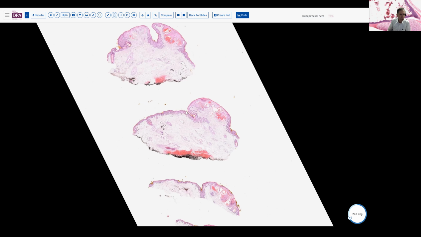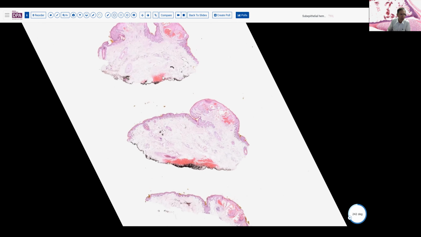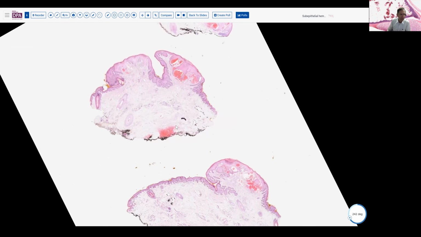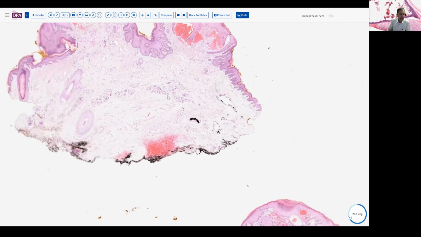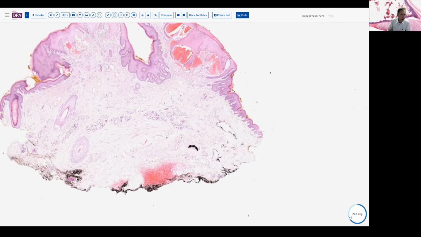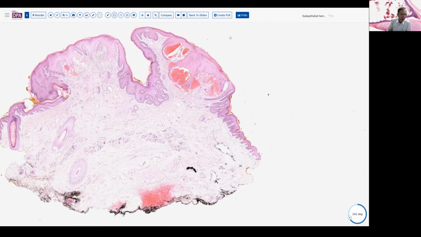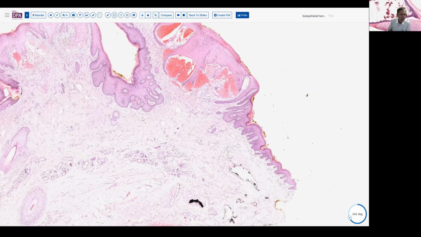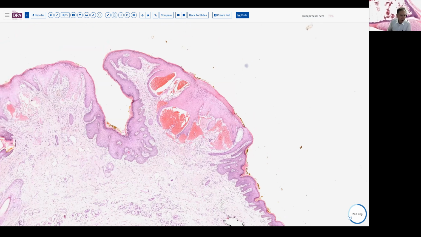So that's the part that we're going to focus on as we come into higher magnification. And what we see here is a somewhat unusual pattern of vascular spaces